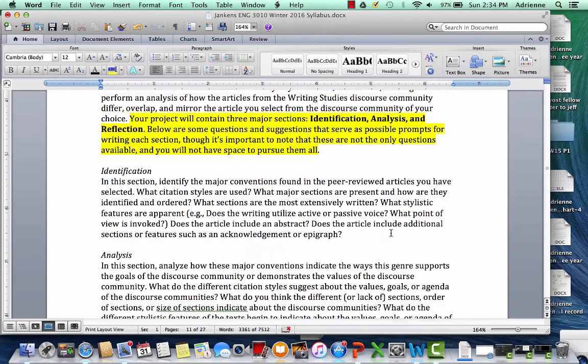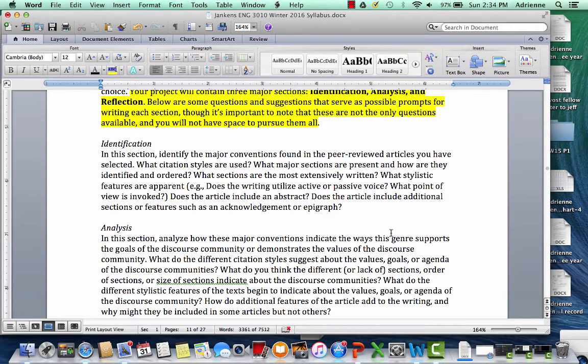So in the assignment description, we have listed several brainstorming questions that can help you think through what you might be looking at in this project. It's important to notice that, like we say in here, you might ask other questions in addition to these. You won't be able to answer all of these questions. Some of these questions might not even be useful for your project or might not apply depending on the articles that you're looking at. I'll give you an example of that when I talk through the sample paper in a few minutes. But use these questions to help you start brainstorming.